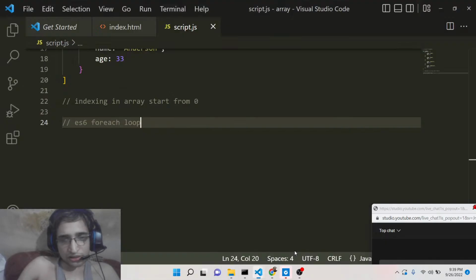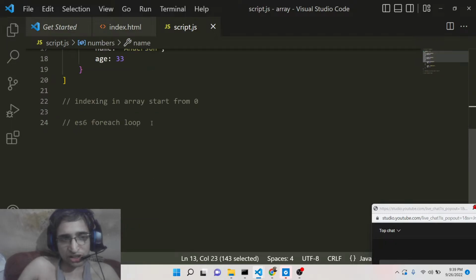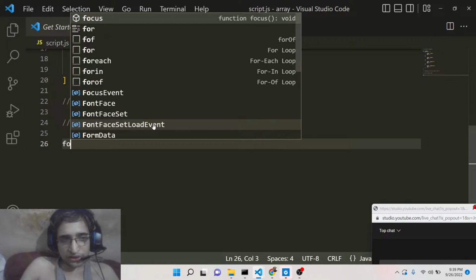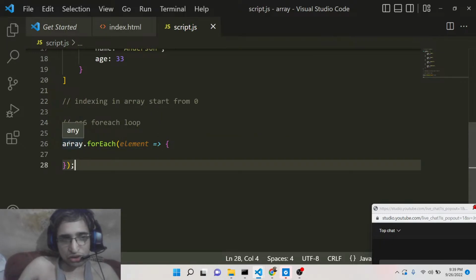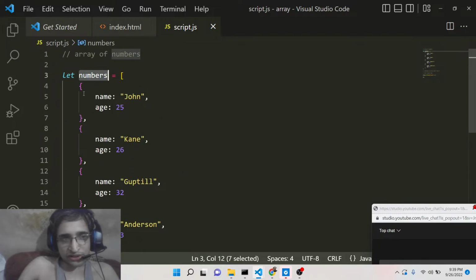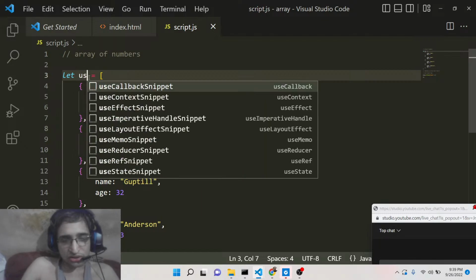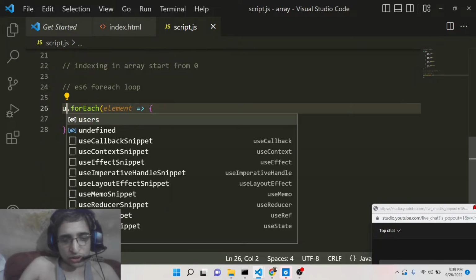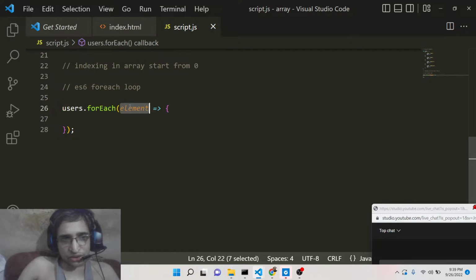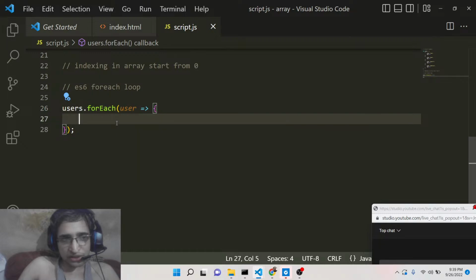So basically there is a more modern way of doing things here using the forEach loop. This is the syntax of the forEach loop. We need to replace the array name. In this case the array name is, let's suppose I replace it with users. I need to change this to users. This is the array name, you can now see, guys, which is users. Basically here we will put users.forEach, and for each user we can simply say